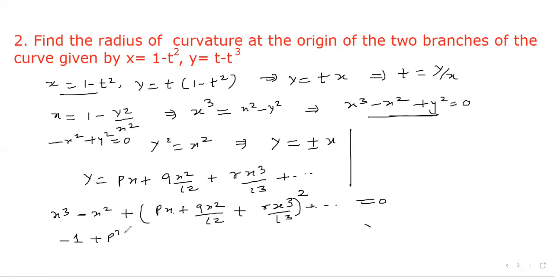So minus 1 plus p square equal to 0, from where we will get p equal to plus minus 1. And the coefficient of x cube will be 1 from here,